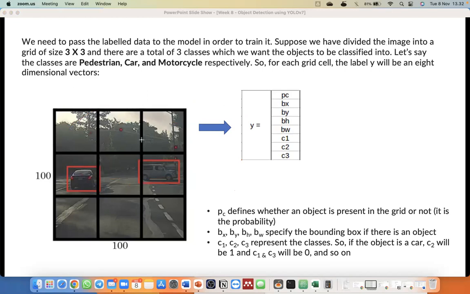Every Y contains 8 values. So the output of this image will be an array which has 9 times 8 values, which is 72. So the number of outputs will be 72 values, because every grid in our image has 8 values, right?